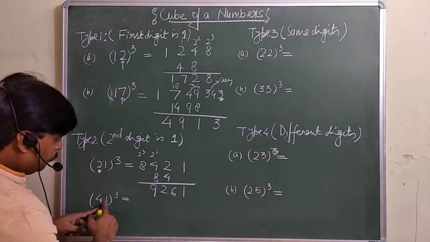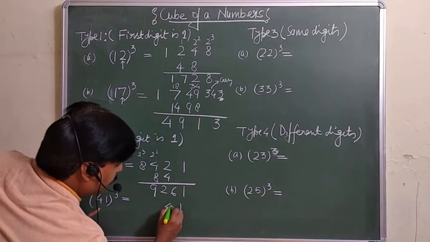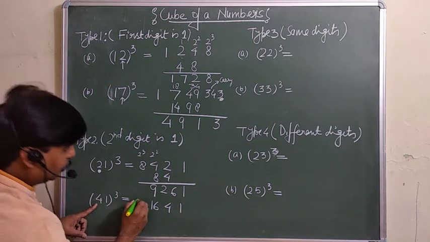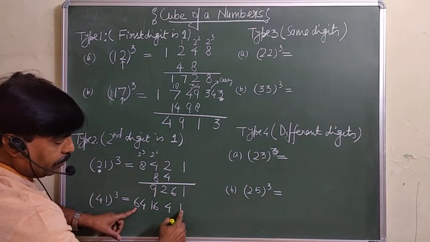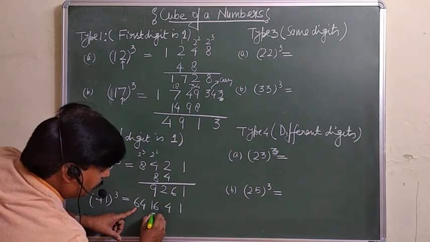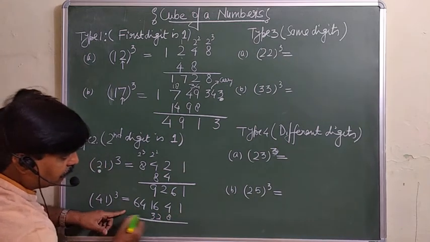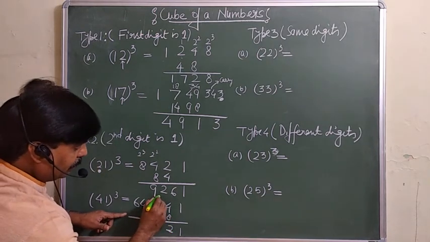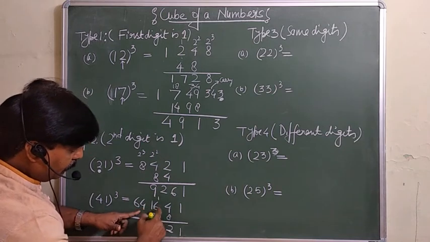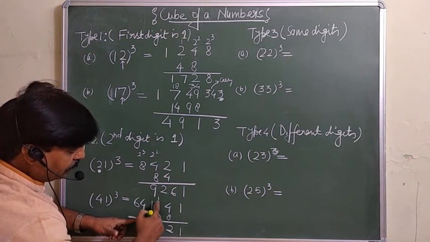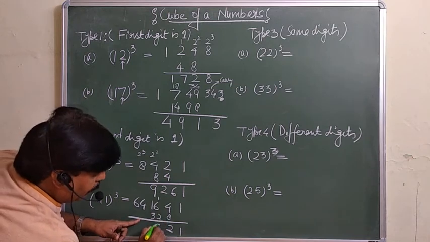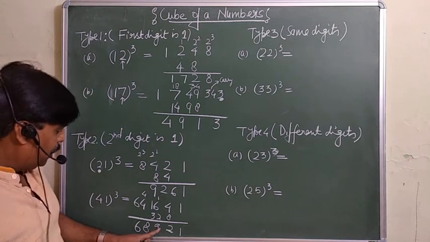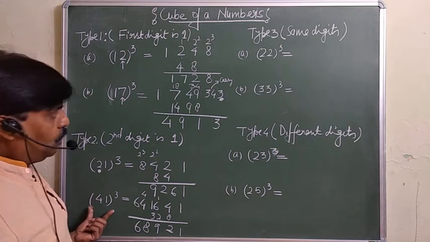Similarly here you can take 1, 4 as it is. Do the square of 4, 16 is here. 4 cube, 64. These two numbers will remain as they are. Do the double of this one, 32, 8. Add these. 1, 4 and 8, 12. First one digit will come, last will be the carry. So 1 is carry. So 7, 8, 9, 19, 9, and this is 49. 9 will be here. 4 is carry. 4 will be added here. So this is 8, 6. So 68921 is the cube of this 41. Have a look.